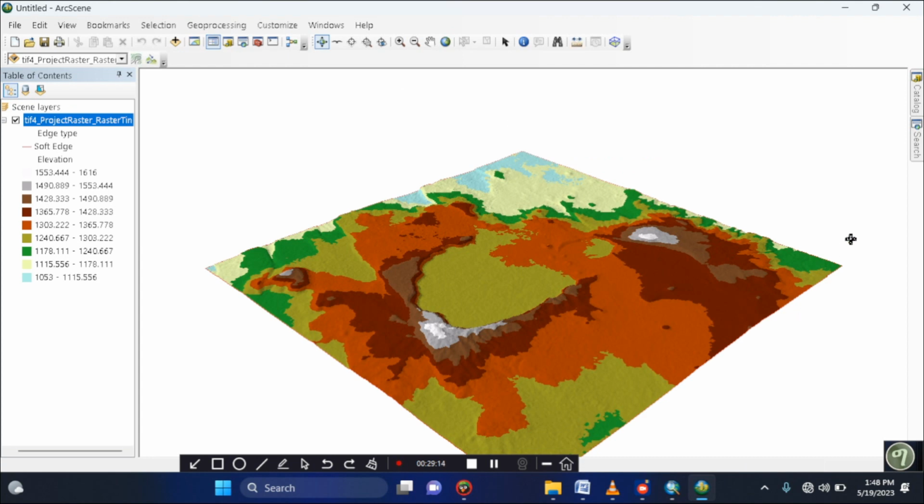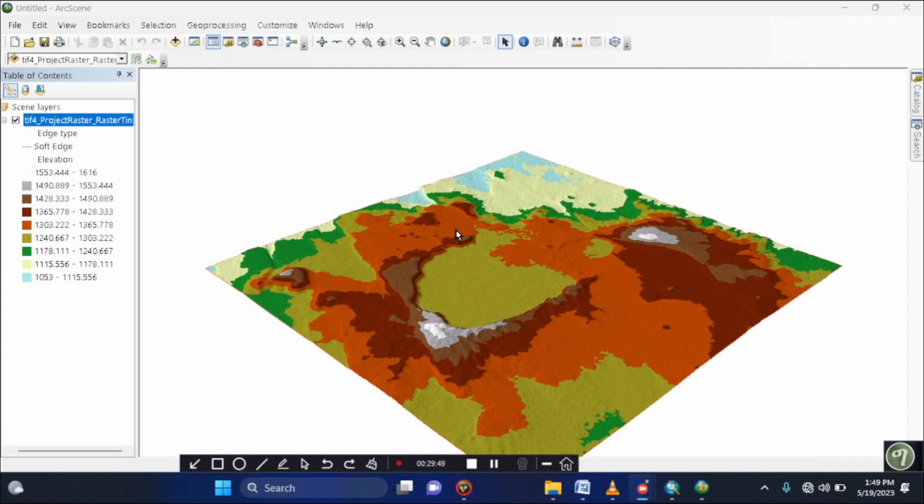Look, you see? So this is a 3D view, but here I can